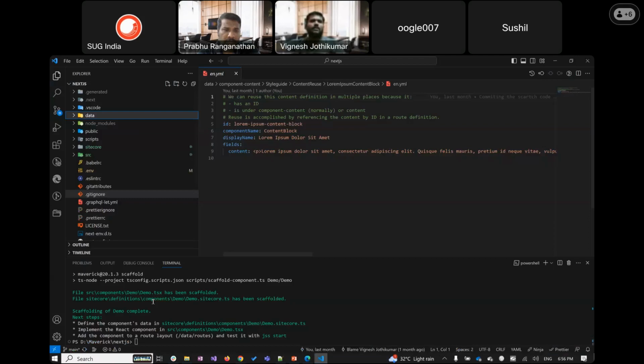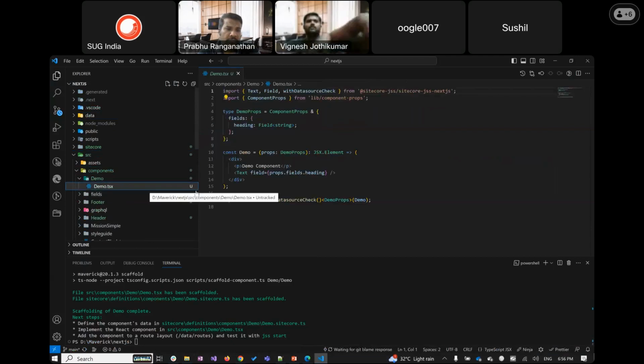Once this command is executed, it says scaffold demo is completed. You can see under the components the demo folder, and under the demo folder you can see the demo.tsx. Okay, so once this is done, we have just